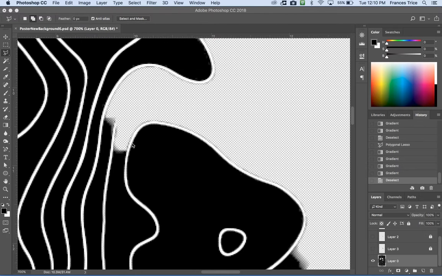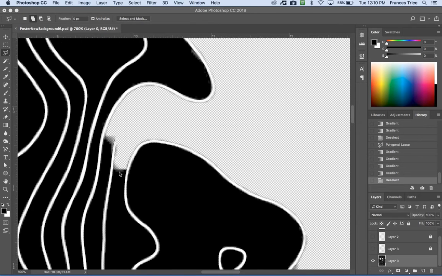I am going to try smoothing out this area right here. So I would use the pen tool to create a smooth path in the area that I want to define, and then use that path to make a selection. But you could also maybe use the quick selection tool. That might work as well. But just to be quick about it, I'm going to use the